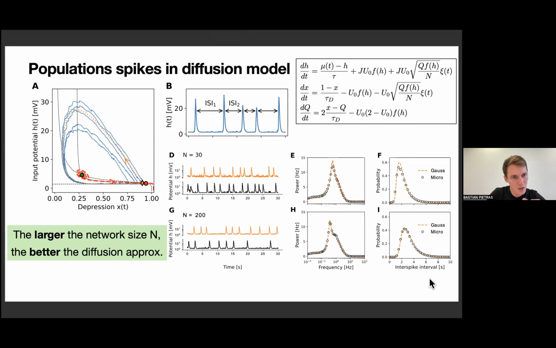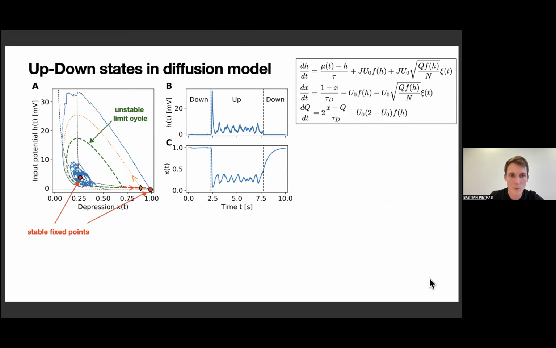Okay, now let's change the parameters slightly. Changing the parameters makes this upper fixed point become stable. Before it was unstable. Now it's stable, and it lies inside an unstable limit cycle. So as before, whenever we have a trajectory starting close to this low activity state, then finite size fluctuations will kick us across the red separatrix. We make an excursion running along the unstable orange dotted saddle manifold,